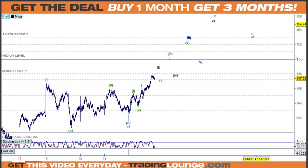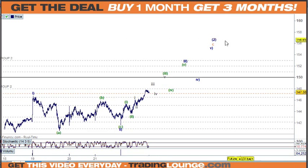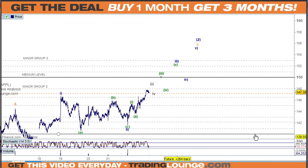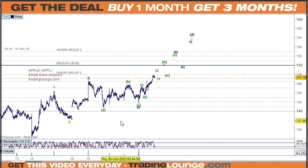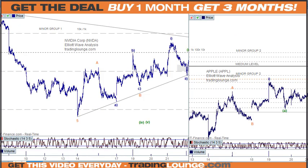Of course, we can count these 5 waves up here and sell it, but I can't promise you that it's going to be into a wave 3 going to the downside, because there's just work to do. If it's not a perfect structure, then I need more validation and evidence of a turn up here. Like I said, the first thing we do is put wave B here and then start looking at another 5 waves to the upside here. So steady as she goes, Captain. And over